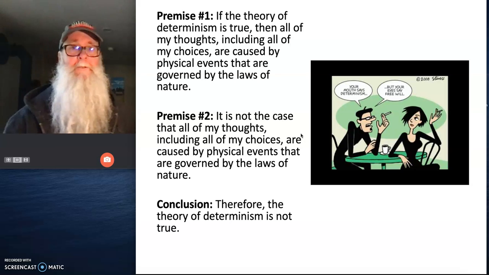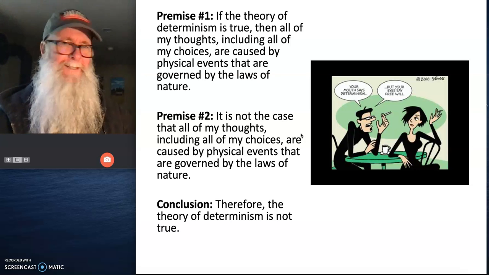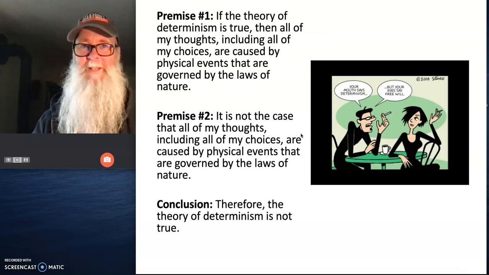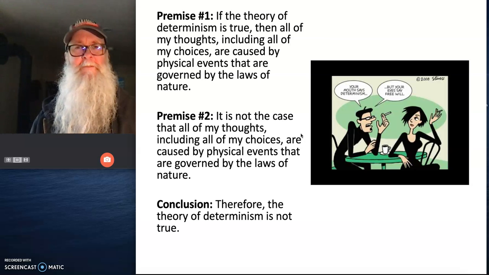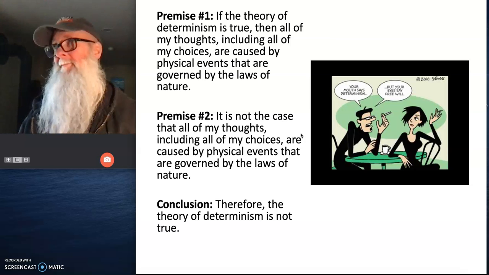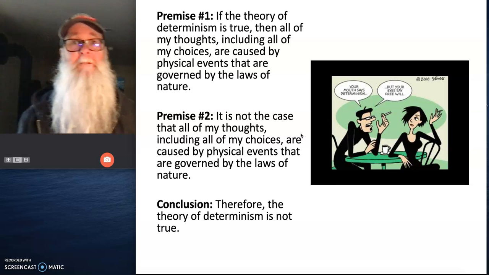And if you want to, you could pause the screen right now and kind of play with this a little bit and see if you can figure out a way to prove me wrong on that. Is there a way the conclusion could be false even when the premises are true? The answer is no. But you can try it out, try and figure out a way on your own.